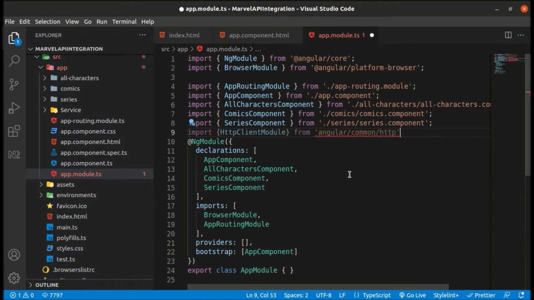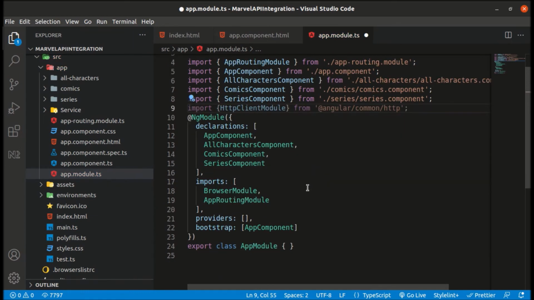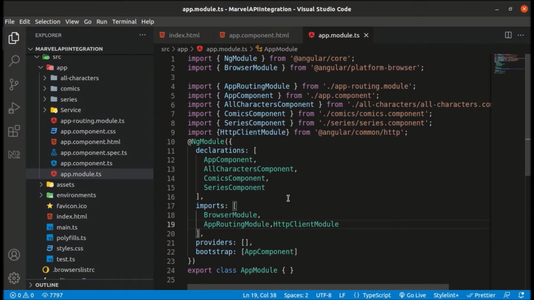I hope it will work. We have to also provide @ before it, and let's import it. HttpClientModule is imported.